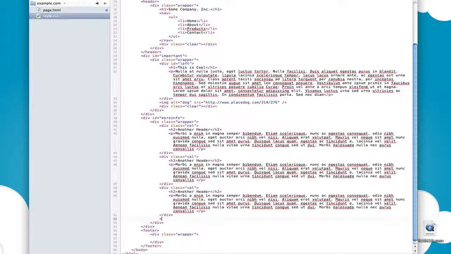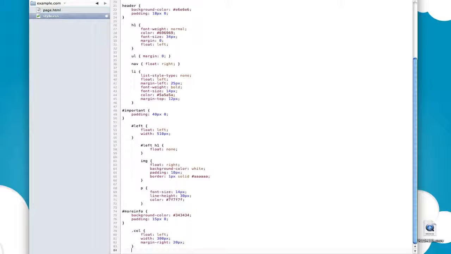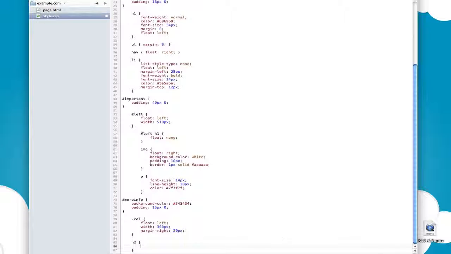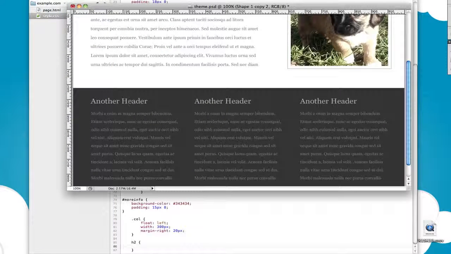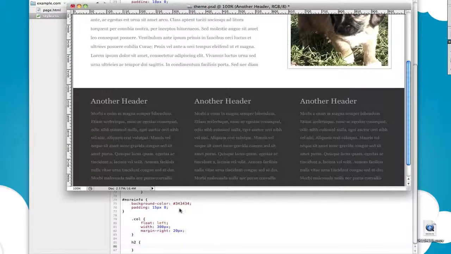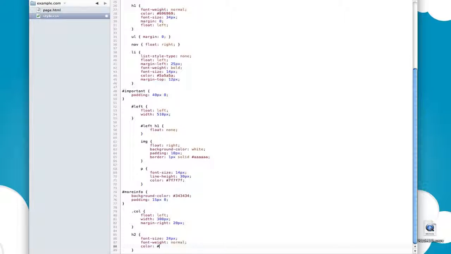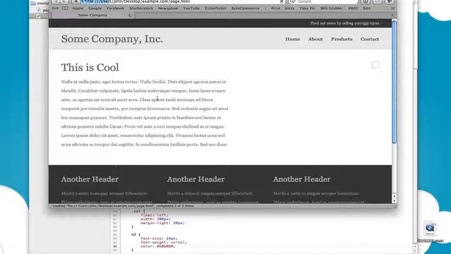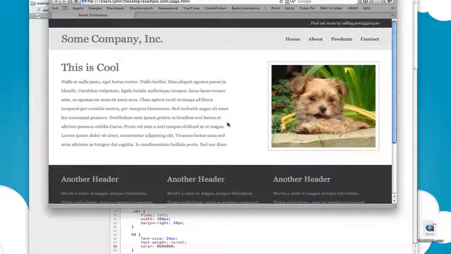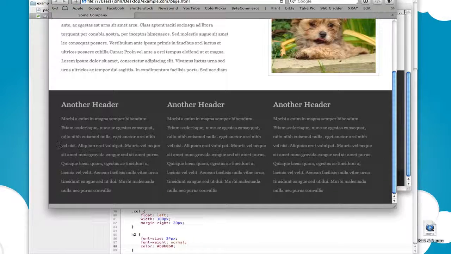Before we go on, let's just add in our div class clear. And let's also go into our, not into our call, but into our H2. And we have to set a few things here. The H2 is this color, it's 24 pixels, and it's not bold. Font size, 24 pixels. Font weight, normal. Color, that. That looks pretty good. And the paragraphs, I remember I made them pretty much the same, so the paragraphs are